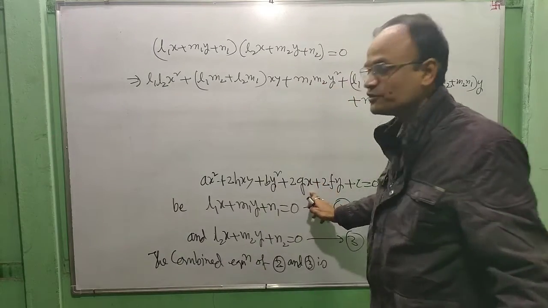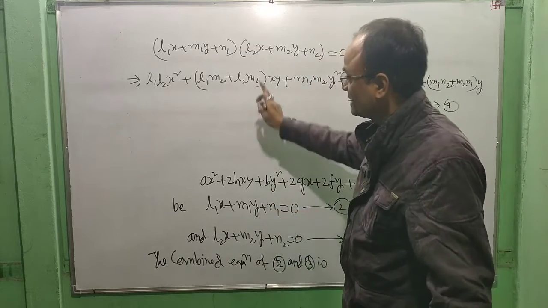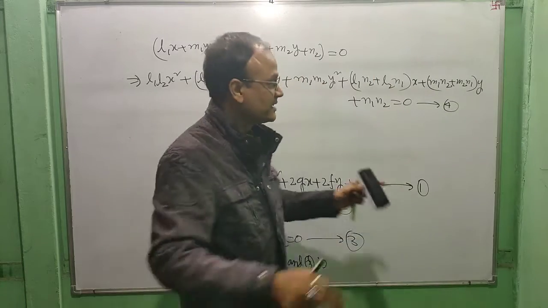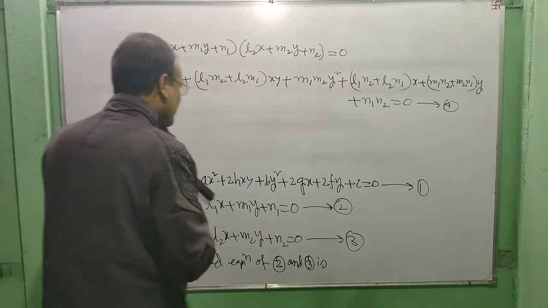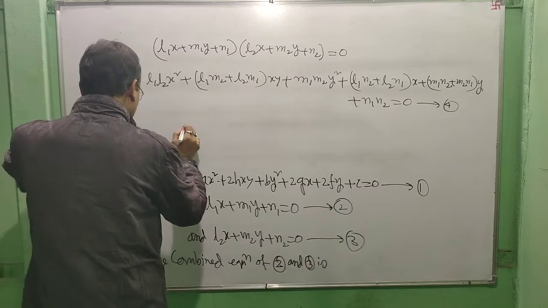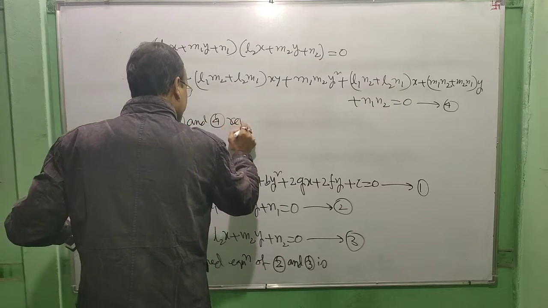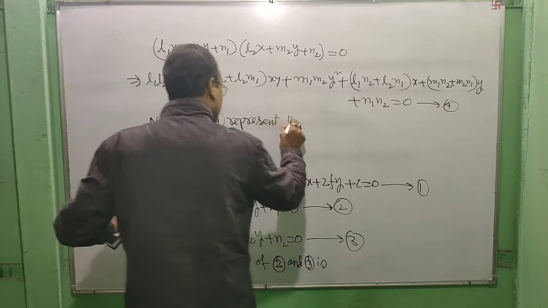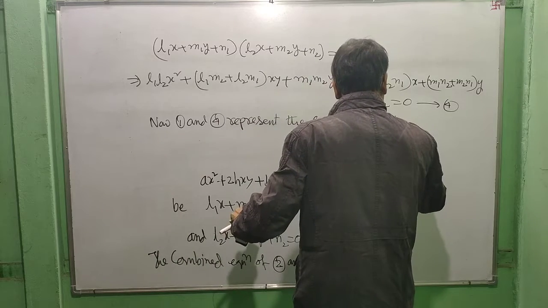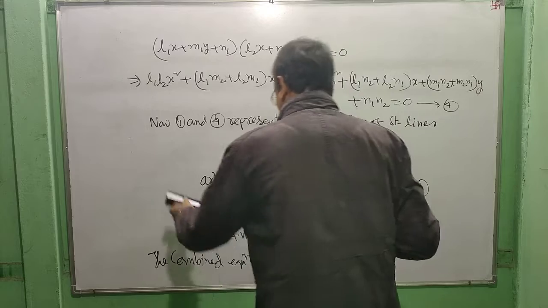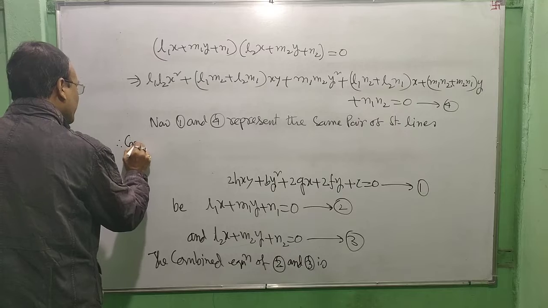Notice, 1 represents 2 straight lines. The straight lines are 2 and 3. The combined equation of 2 and 3 is this. What does it mean? These two equations, 1 and 4, represent the same pair of straight lines. Comparing 1 and 4 we get